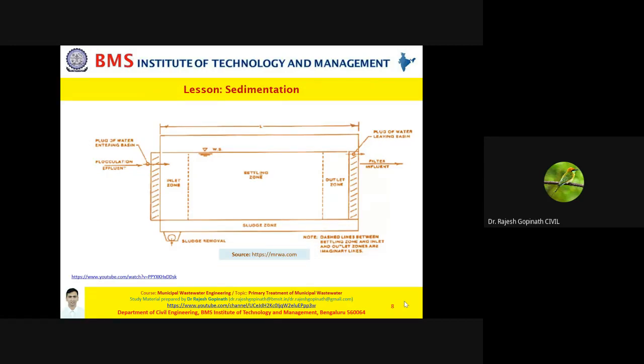So basically, when I say sedimentation, we have also learned sedimentation in the previous semester. That is when we had discussed water supply scheme. So how different is this class from the previous semester session? Now, what we need to understand is that the prime difference is with respect to the type of settling. As you are aware, in the field of environmental engineering, there are four types of settling: type 1, type 2, type 3, type 4. While type 1 and type 3 are with respect to sedimentation, type 2 and type 4 are with respect to coagulation and flocculation.